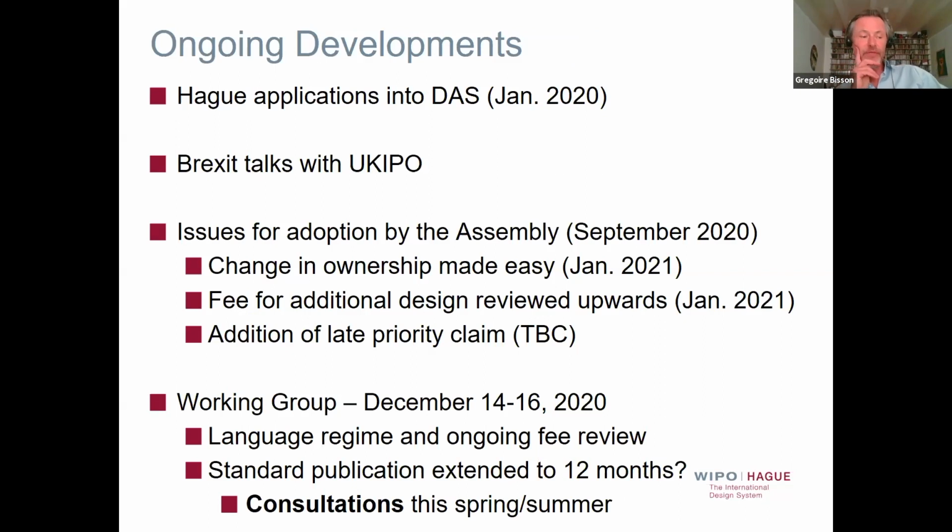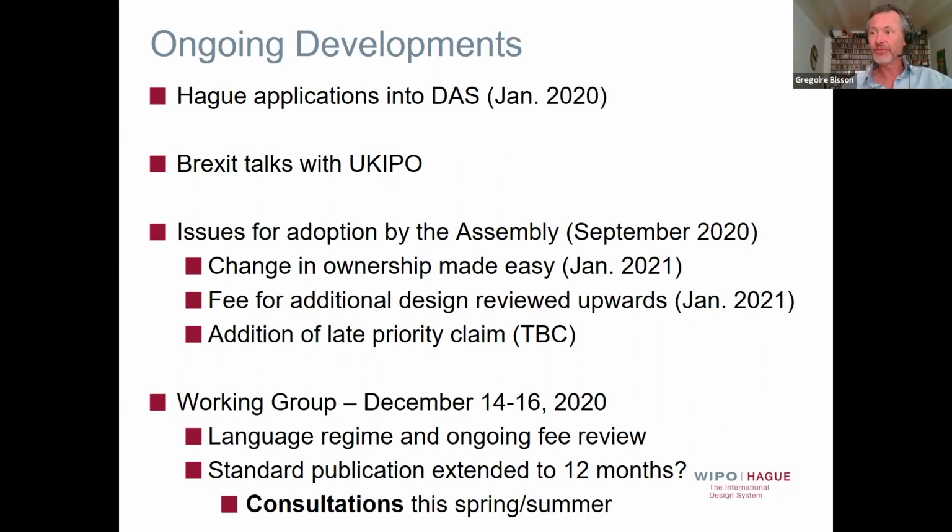Now, about ongoing developments, if I may. Well, first, very recently, in January of this year, we made it possible for your Hague applications to be uploaded in the digital access service. I think it bears recalling, John, that